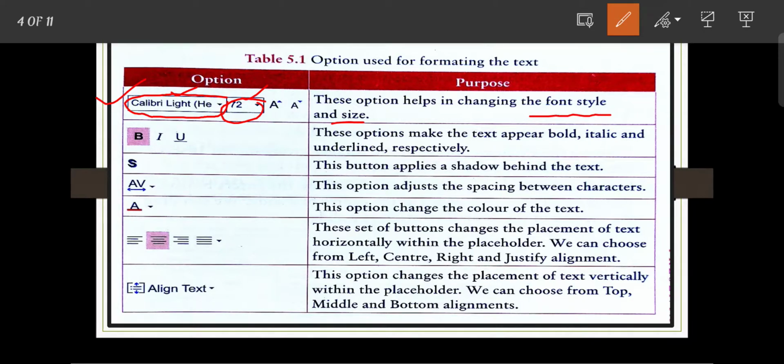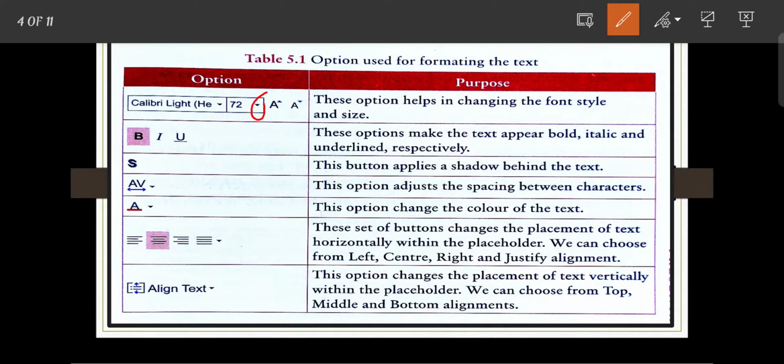When you click on this option, you can see there are lots of font styles available in MS PowerPoint. You can choose as per your requirement, and you can also increase the size of the font by clicking this arrow.